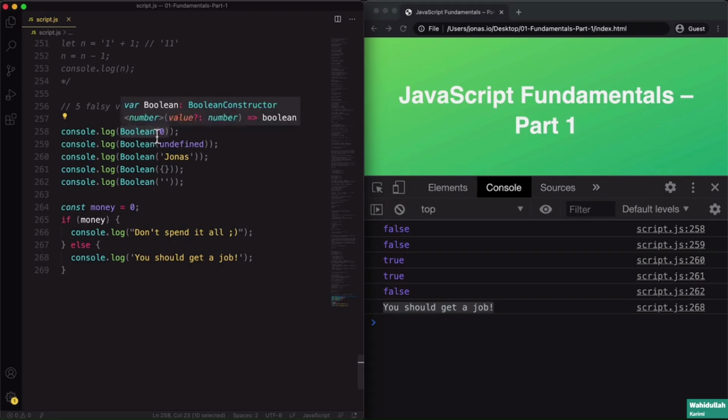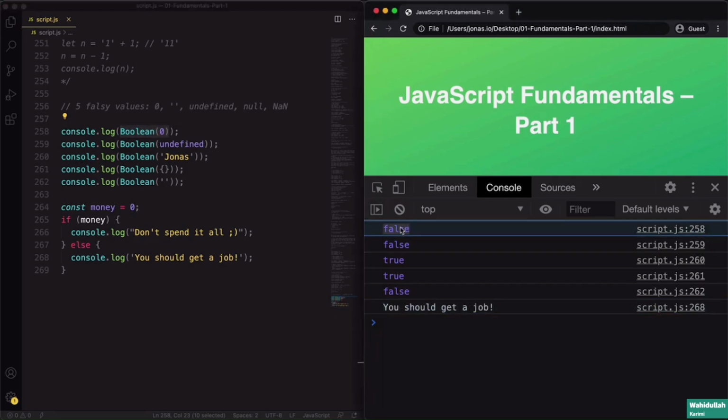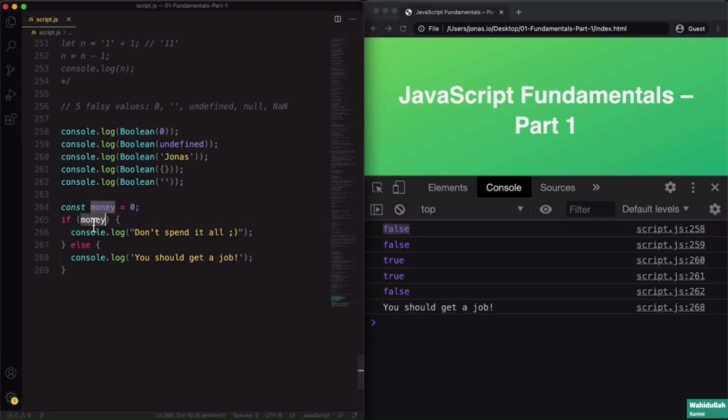So here this conversion to Boolean returned false. And here the exact same thing happens. Money is 0, and so 0 is converted to false because it's a falsy value. And as a result, the else block here is executed, and so on the console we see "you should get a job". Now if we change this to something else, and it doesn't matter what number, let's say 100, then